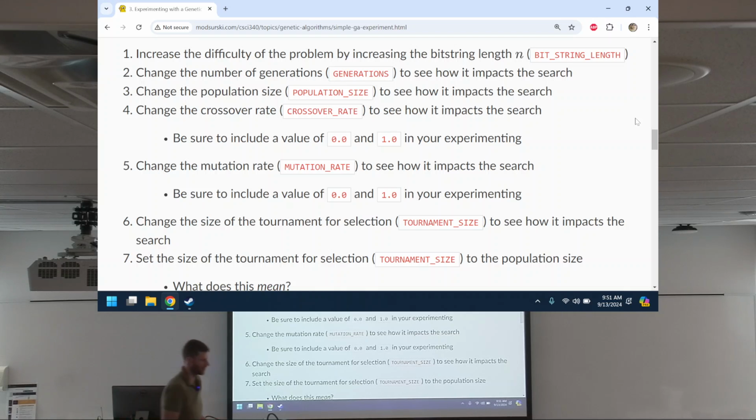The most obvious is, what should the encoding be such that it could represent all possible values that would be admissible for this problem? Well, that is a list of zeros and ones of length 10. Makes sense. But I could have also allowed bit strings of length 9, 8, 12. That would have made the search space bigger, but it would also be useless because we know that we want bit strings of length 10. So it would be silly to include bit strings of different lengths, right? Different smaller lengths, or bigger lengths.